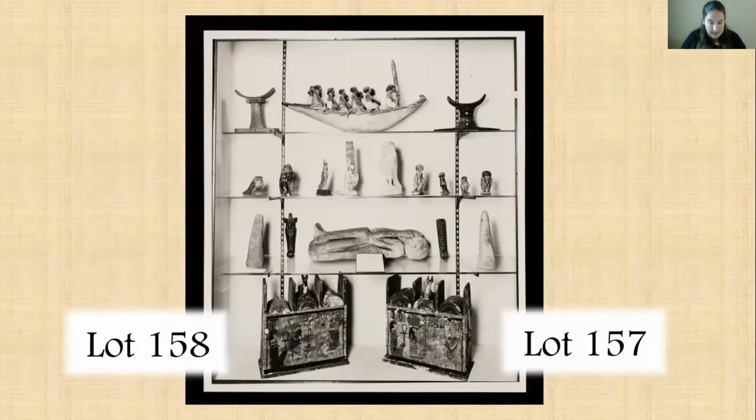However, it's clear that at least the boxes eventually made it to display. As you can see, both boxes appear in the bottom shelf of this cabinet, with the lids on and no associated Shabtis. This suggests the boxes and figures have now been thoroughly disassociated, and the Shabtis housed elsewhere in the Mammoth collection. Thus, it appears that the disenfranchisement of the Ptah-hotep Shabtis from their boxes occurred long before the dispersal